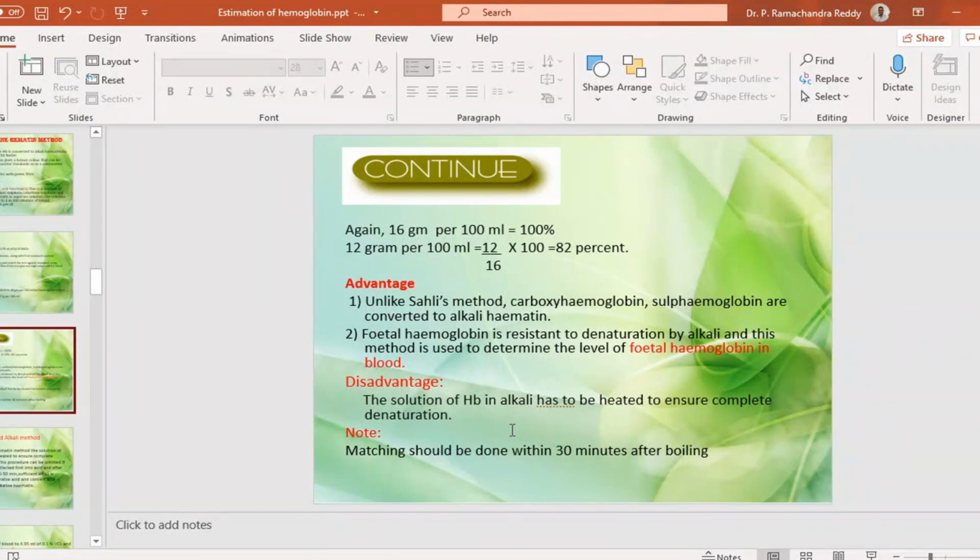So you don't have 100% of the hemoglobin, you have a percentage of it. A normal man usually has 12 to 17.5 grams of hemoglobin per deciliter, so this is in the normal range. The advantage of this alkaline method is that, unlike Sahli's method,